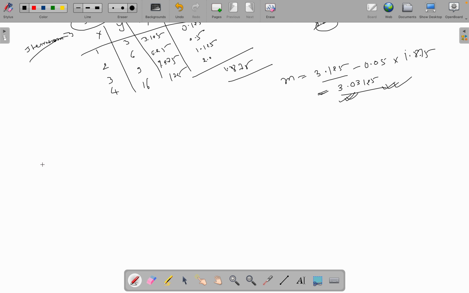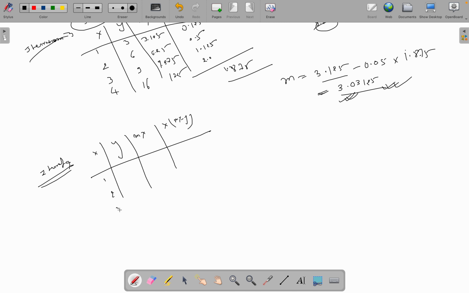Okay, well, let's see one more iteration. Okay, so iteration 4, x value, y value, mx, and the same way it works in the machine learning model. Okay, mx minus y. So x is 1 2 3 and 4, y is 3 6 9 and 16, and the mx value